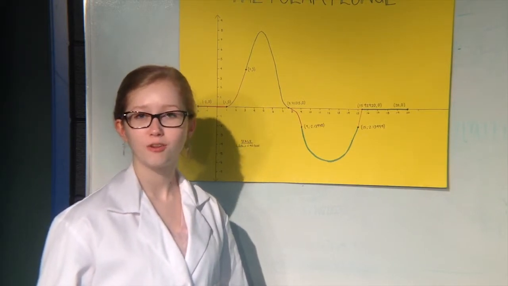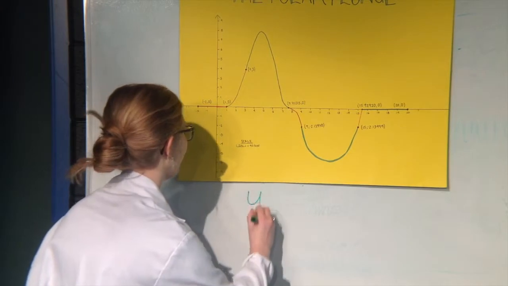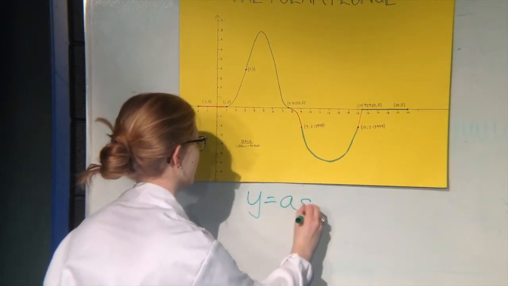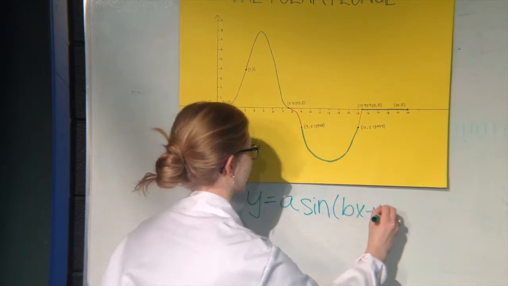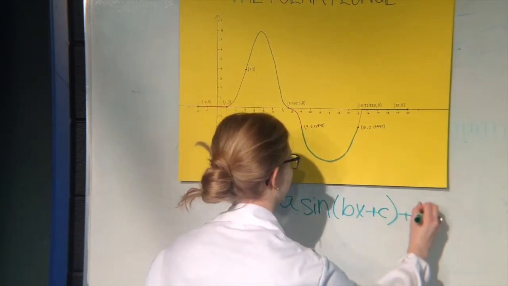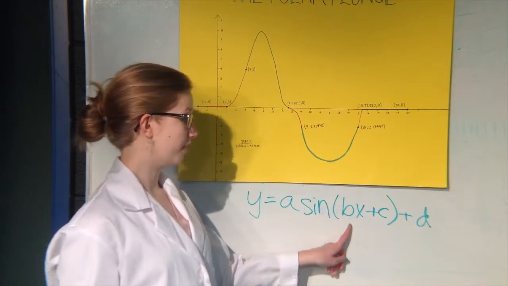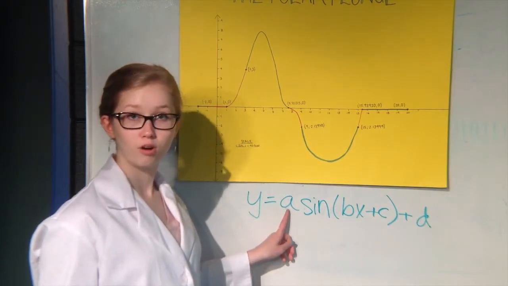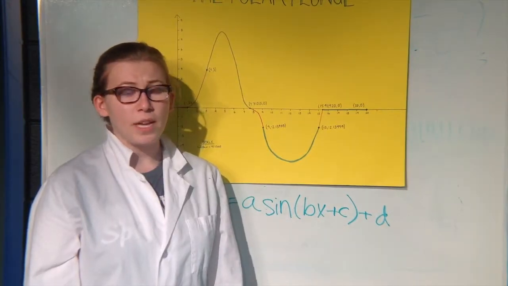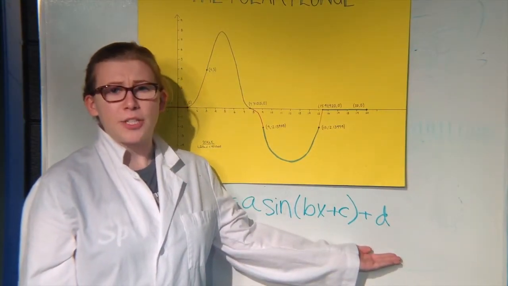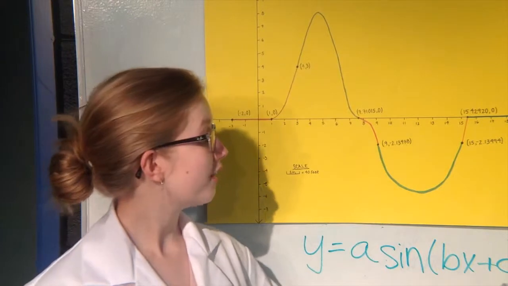We started with the standard form of sine. Y equals a sine of bx plus c, plus d. Leaving b as 1 and using 4 for a, we found c. Remember, at this point there is no d, as it is in its derivative form. We discovered c to be